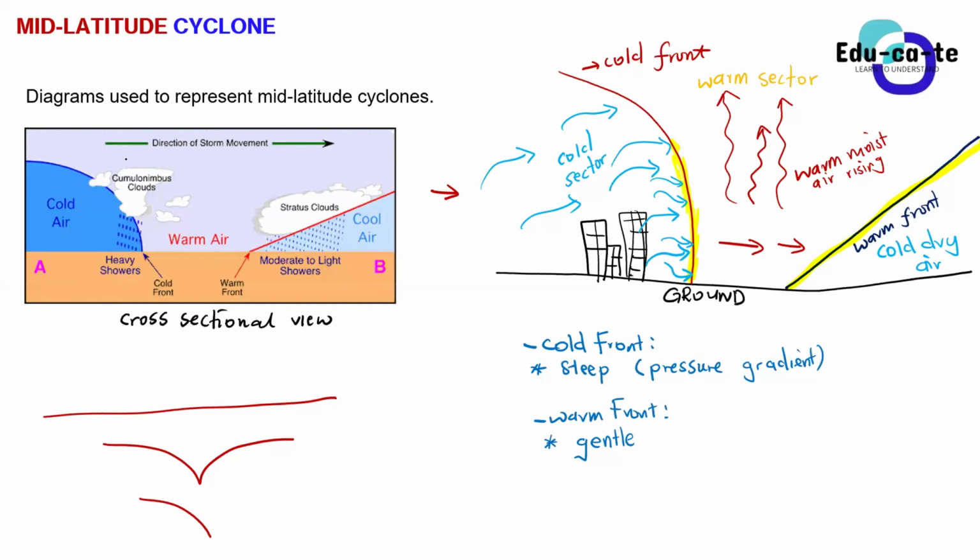So here we are still going to explain why we have cumulonimbus clouds at the cold front. I'm sure you can see this diagram of the cross-sectional view, the image that I've pasted here. There are cumulonimbus clouds there. Here there are stratus clouds, which can be nimbostratus or altostratus, all the clouds that you learned in grade 10. But we will only do this when we're talking about the weather conditions associated with the mid-latitude cyclone. For now, we will only discuss the air that we have here.